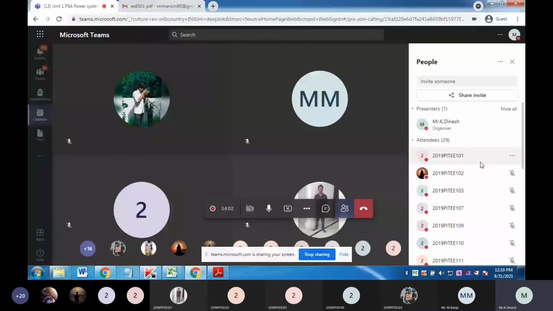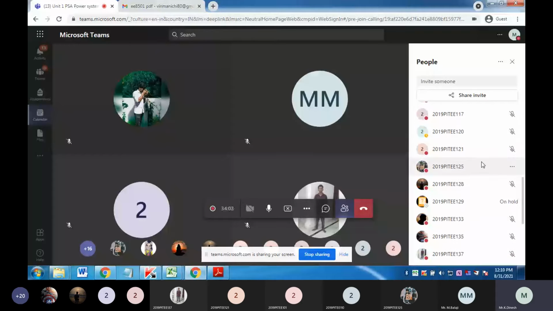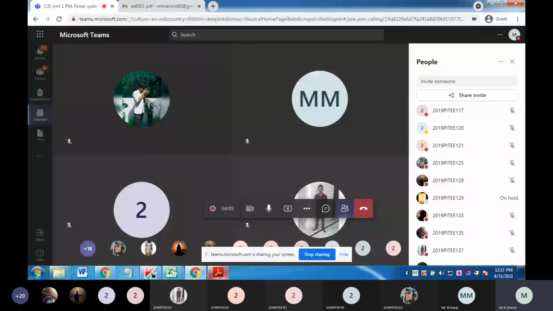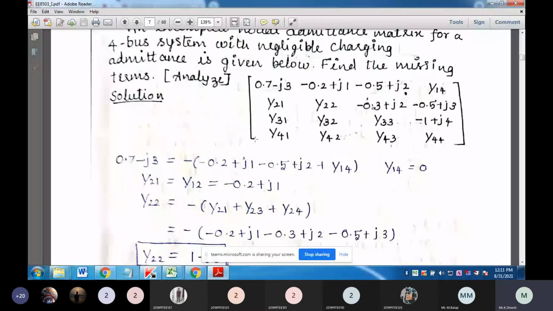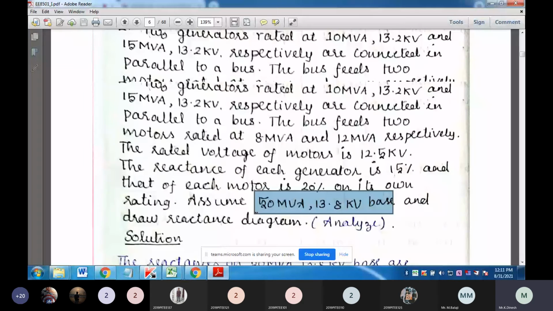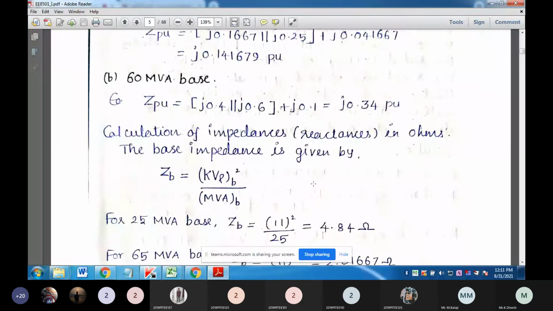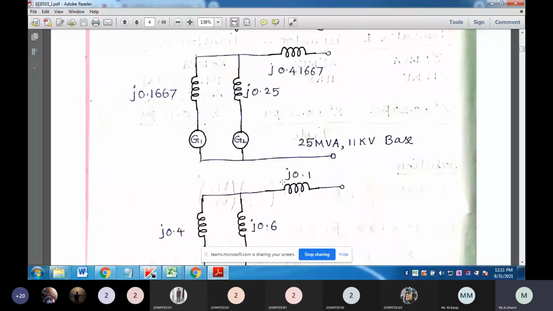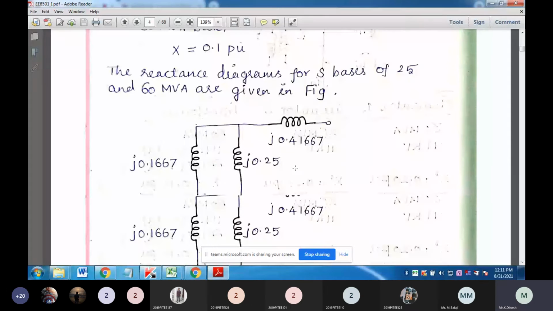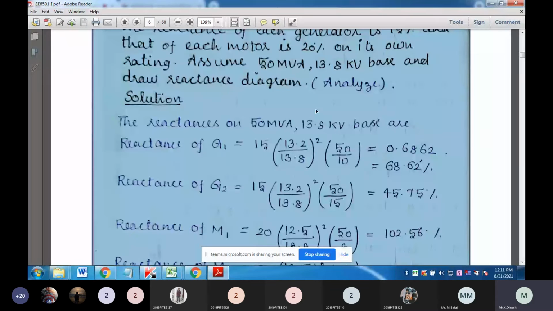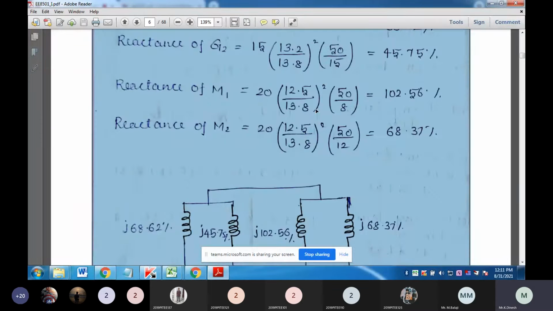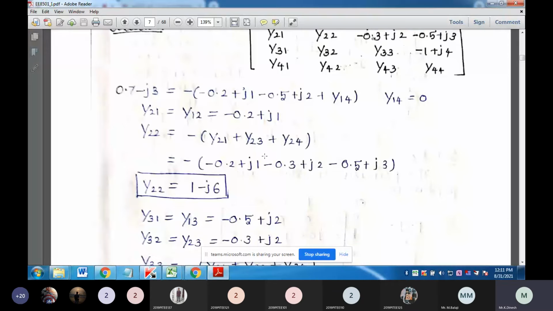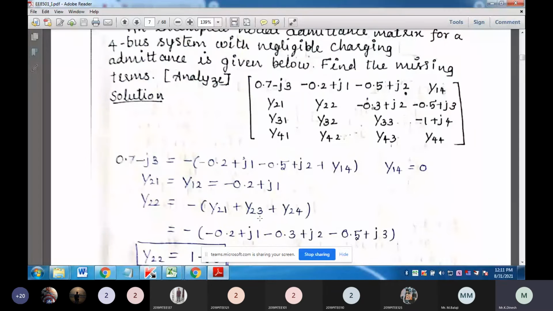Do you have any doubts? ஏதாவது இந்த மூணு ப்ராப்ளம் ஏதாவது டவுட் இருந்தா நீங்க கேட்கலாம். சார் இந்த ஸ்டெப் புரியல சார் அப்படின்னா இந்த பிடிஎஃப் ஆல்ரெடி உங்களுக்கு நான் ஷேர் பண்ணியிருக்கேன். இதுல ஏதாவது டவுட் இருந்தா நீங்க கேட்கலாம். டவுட் இல்லைன்னா சொல்லுங்க, நான் அடுத்த ப்ராப்ளம் போயிடுறேன். Do you have any questions? Shall I move to next problem? Yes, sir. Thank you.